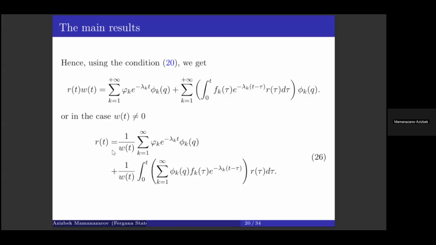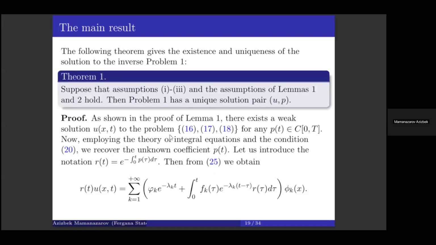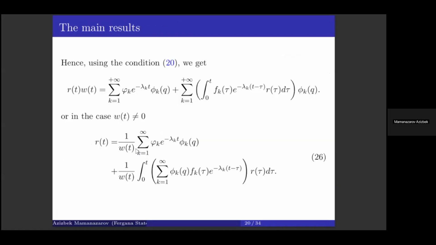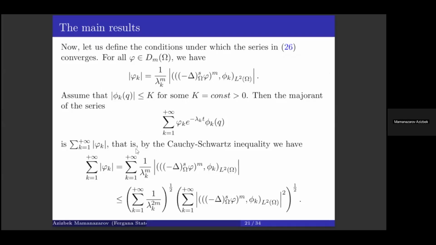So to prove the convergence of this series, we applied our lemma under these conditions. We get this type of series. So under the conditions of the lemma, this series converges. Okay, now this is a proof of convergence of the series. We can write, using the self-adjoint property of the fractional Laplacian operator,